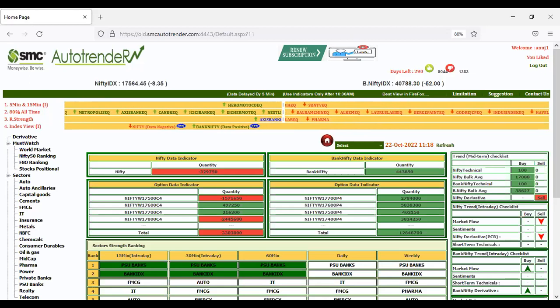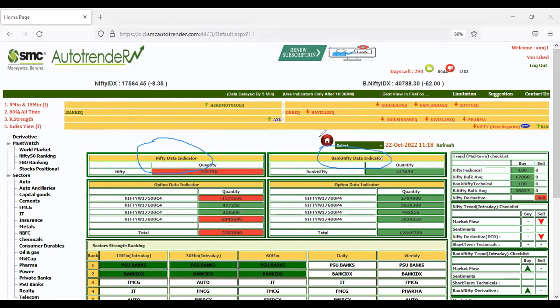So coming on to the first point, where I will discuss the initial indicators as to how to gauge the market movement. Here is the first little thing, which is known as the Nifty data indicator and Bank Nifty data indicator. Now, this indicator talks all about how the future data is developing. If it's in red, then that means that the future data at the time of viewing this page